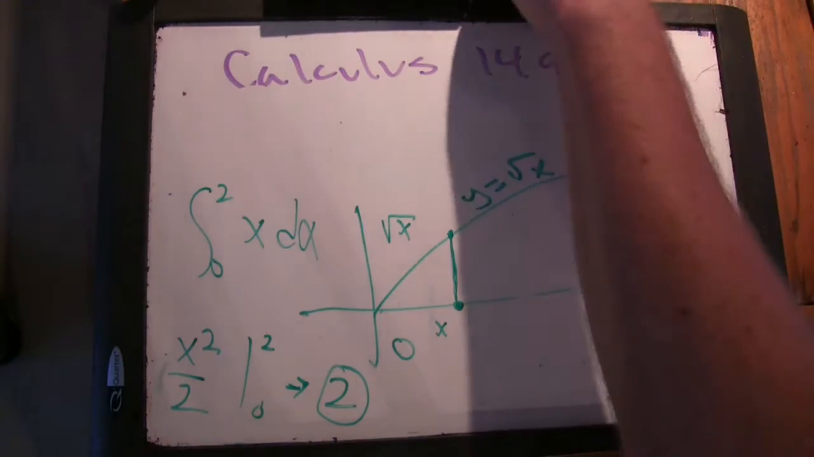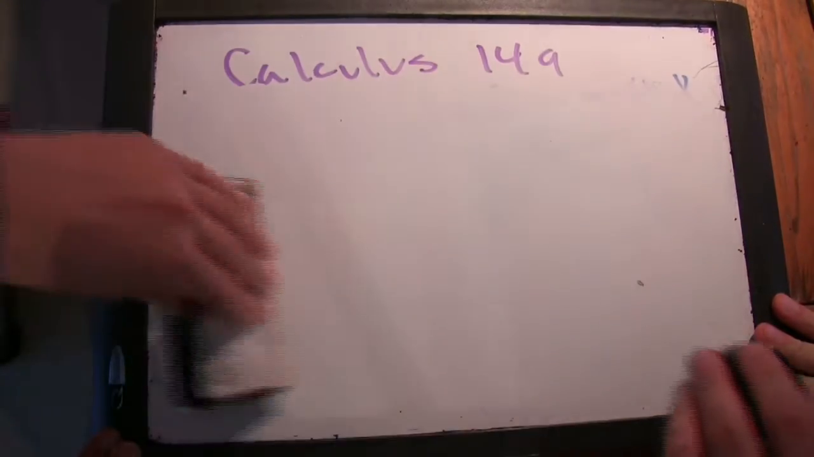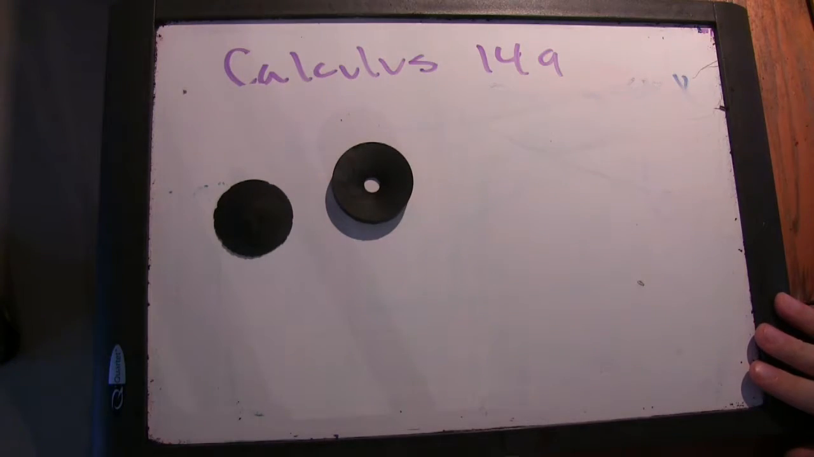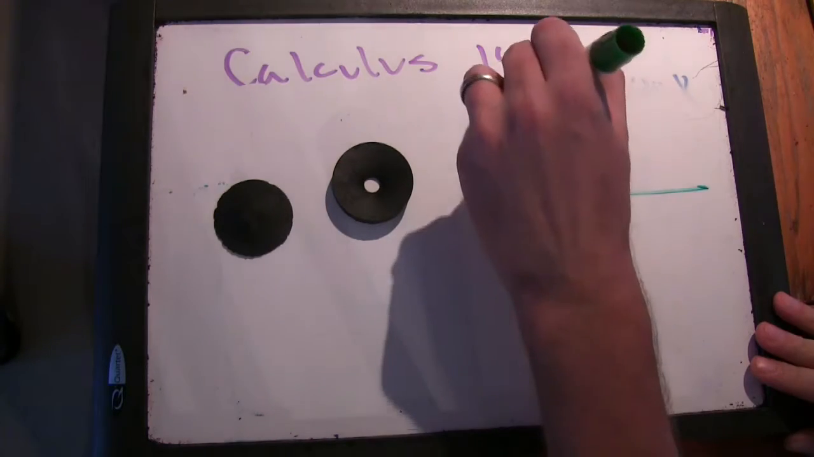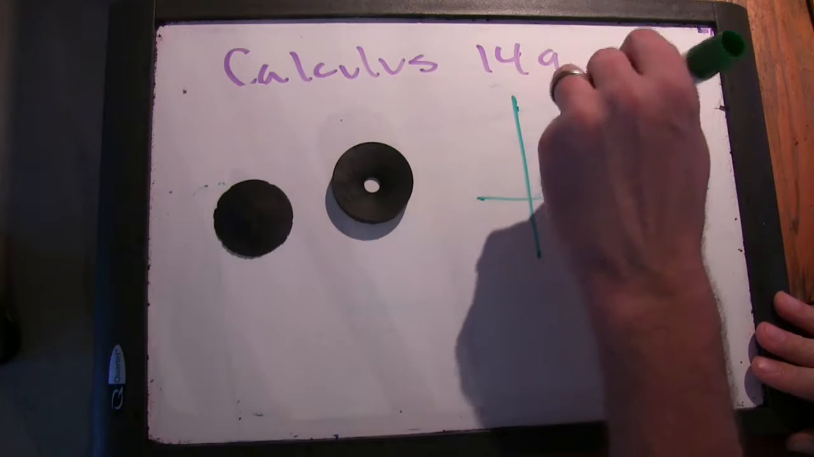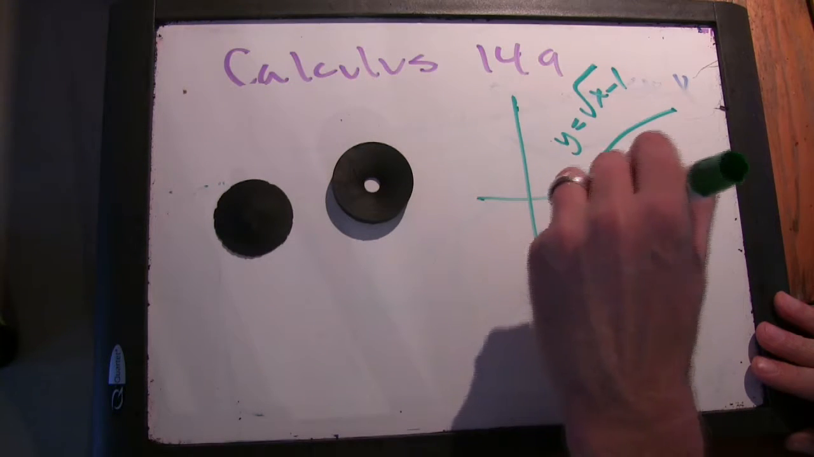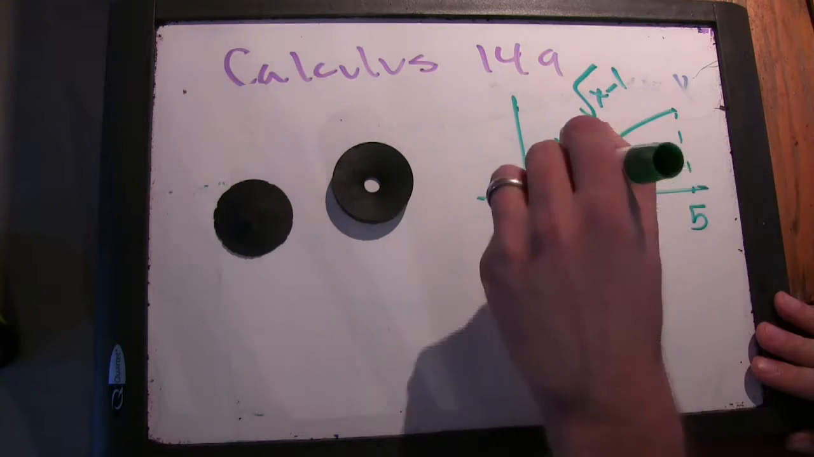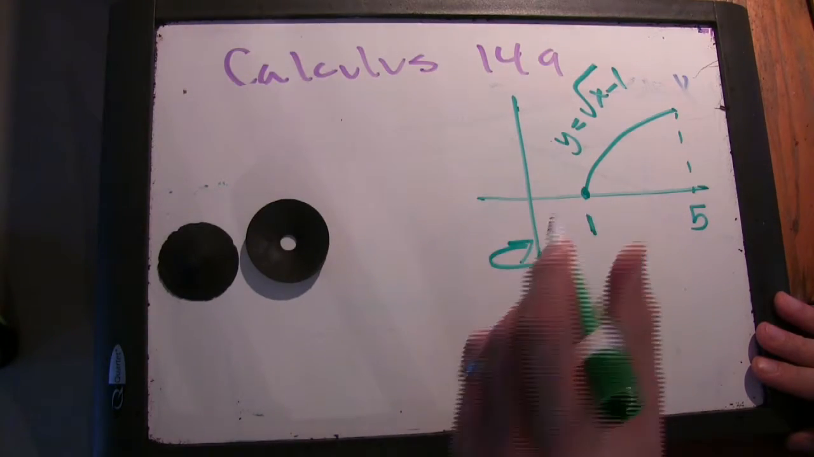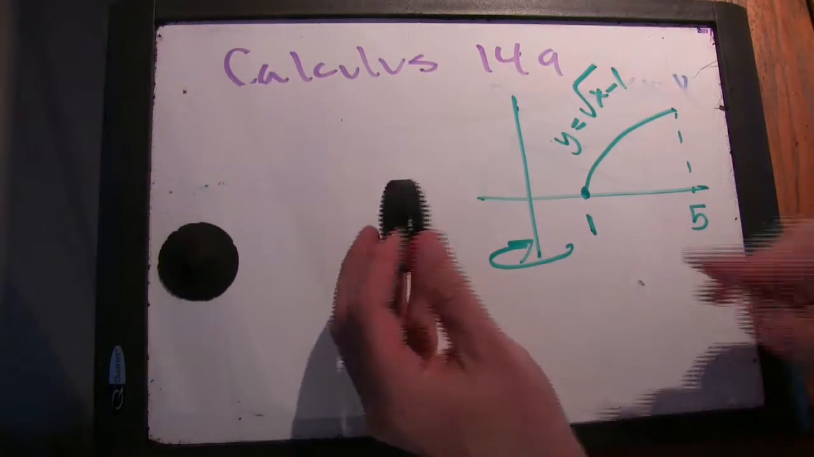Okay, so here we have two shapes, and these came from y equals the square root of x minus 1 from 1 to 5, but in this case it was rotated around the y-axis. Okay, and so this shape here was what you got